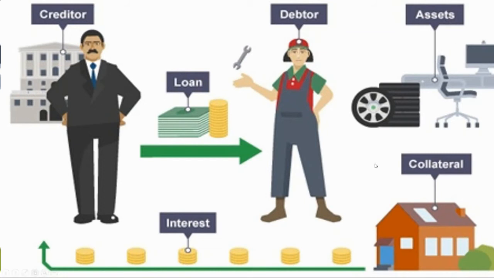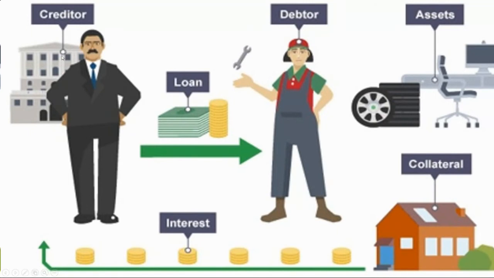Collateral is an asset in the hands of this debtor. For example, I put up my shop or my house as collateral so that I can get that money. But on this money I borrow, I also have to pay interest until I repay the loan